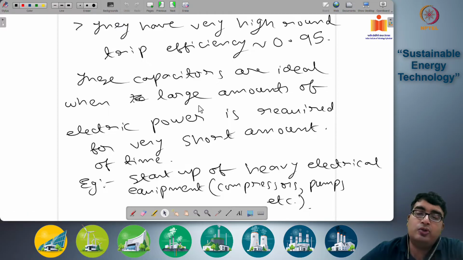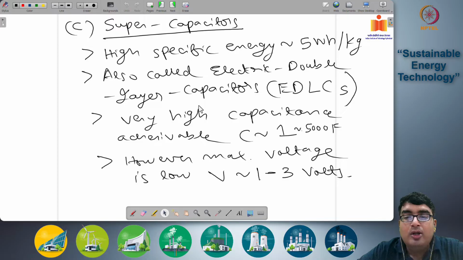Okay. So those two applications are specifically good for electrolytic capacitors. So that was the previous discussion on the second type of capacitors that we covered. In this class, we will discuss another type of capacitor, which is the super capacitor or ultra capacitor, which has